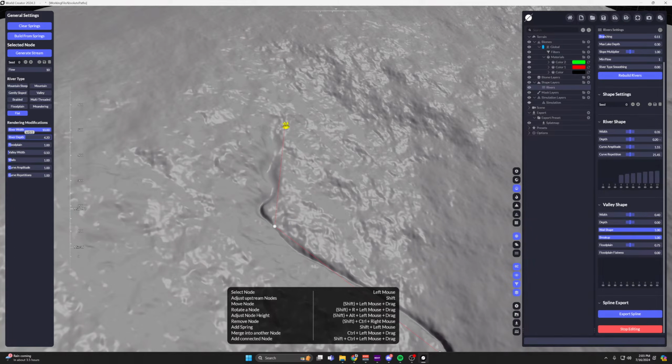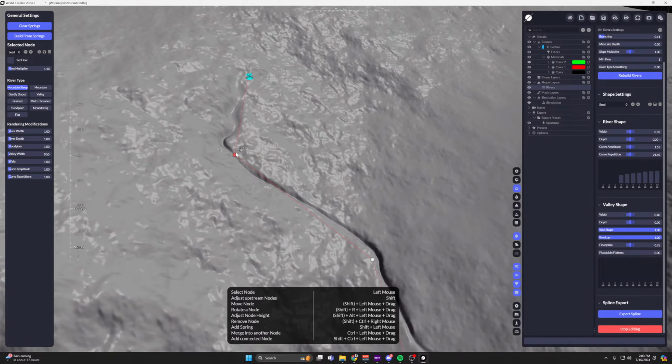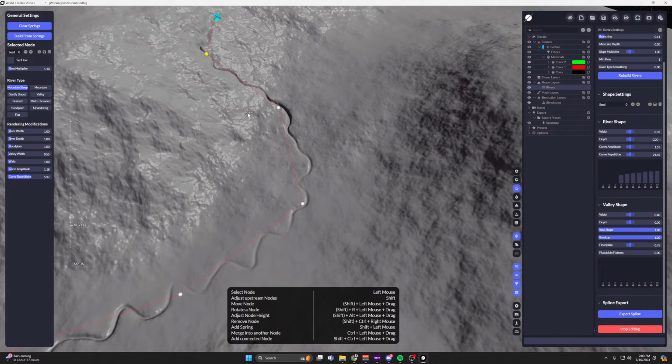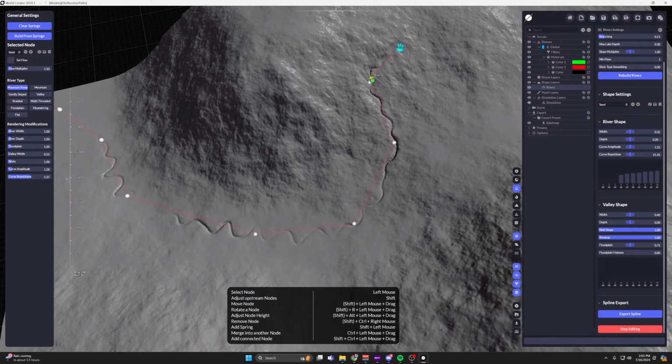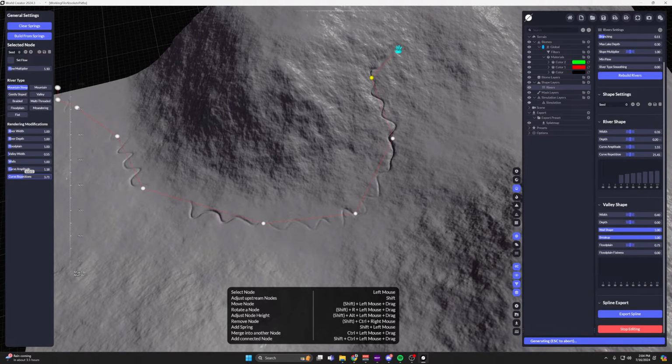I can make it pretty deep. See, floodplain, you can adjust the floodplain and valley width for each individual node here, but I'm not doing that. As well as if I select this node, if I want the curve amplitude to be quite drastic for this one. Repetitions will be anything from this node down. You see here, it's adding no repetitions, but it's just sort of a multiplier for all the repetitions going